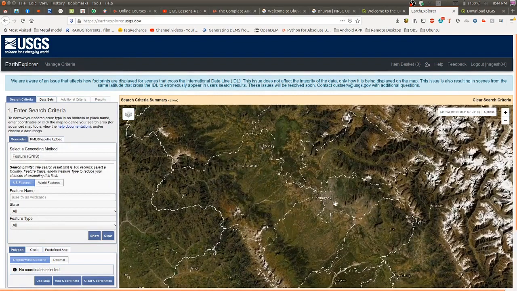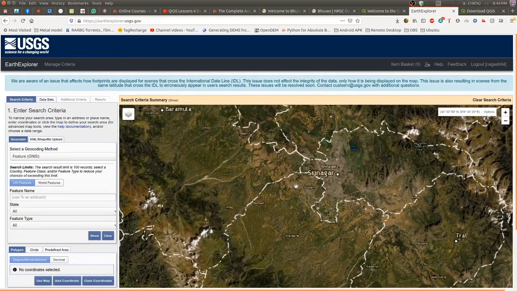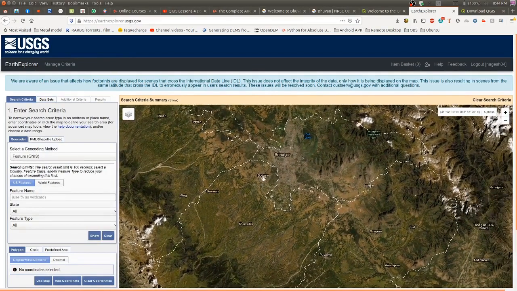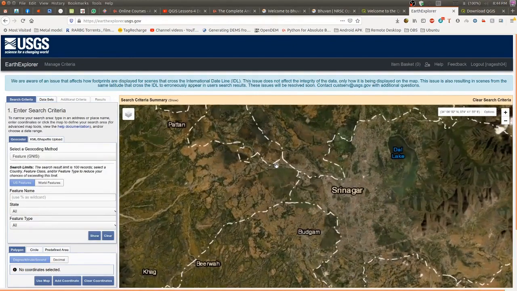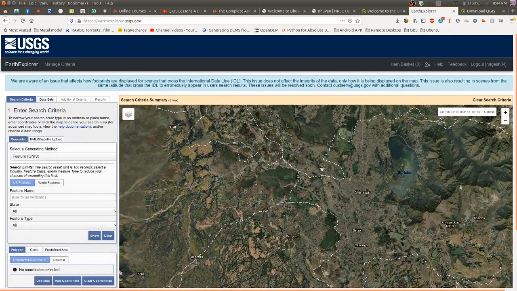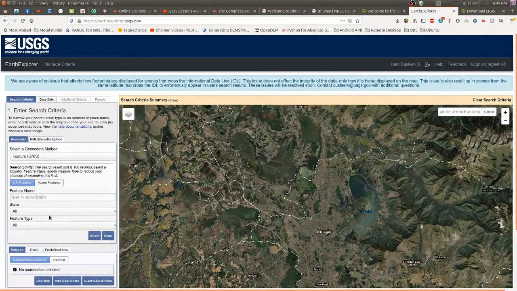Our area of interest is the Kashmir Valley. This is the area.